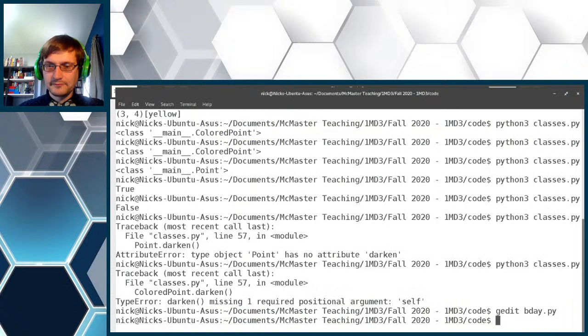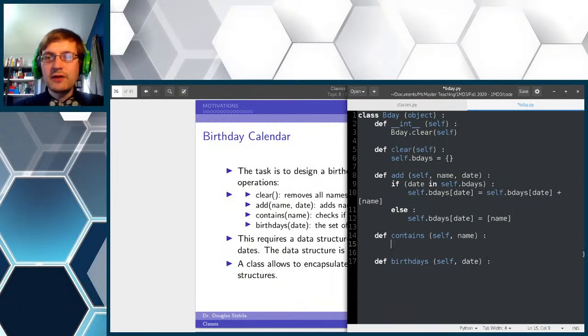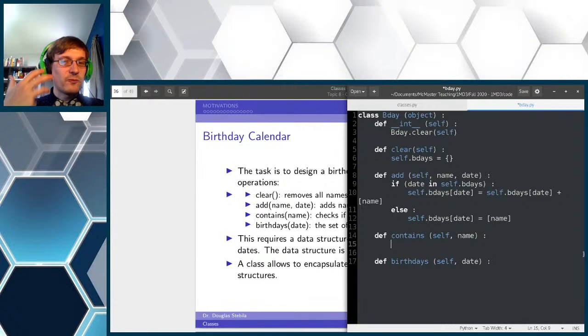So, going back to our birthday calendar. To tell if the dictionary contains a particular name, we need to search the values rather than the keys. Unfortunately, this is the operation that was made more complicated by the fact that we made the dates the keys and not the names the keys. However, it's still not that bad. All we have to do is for entry in self.bdays